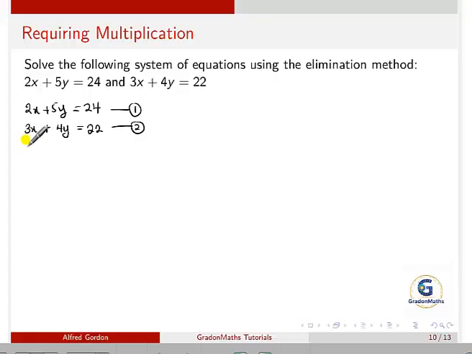We can consider the coefficients of x in the equations. The coefficient of x in the second equation is 3, so let us multiply our equation 1 by 3. Multiplying equation 1 by 3 is going to give us 3